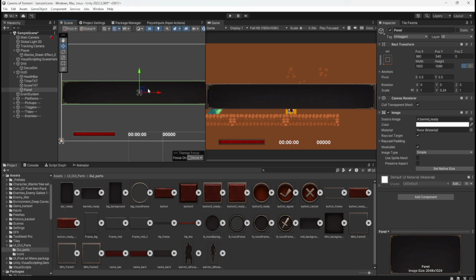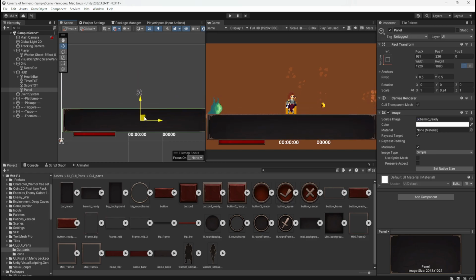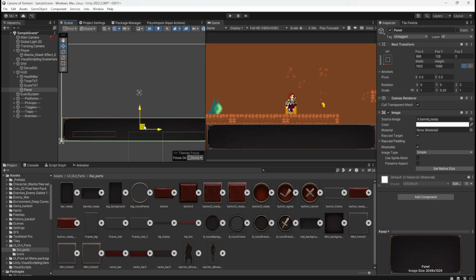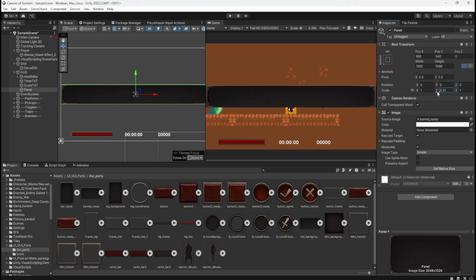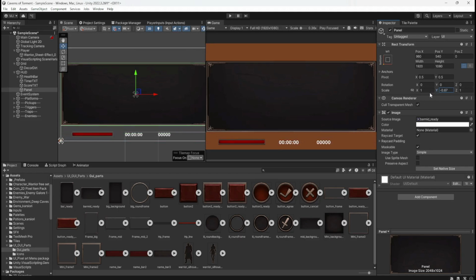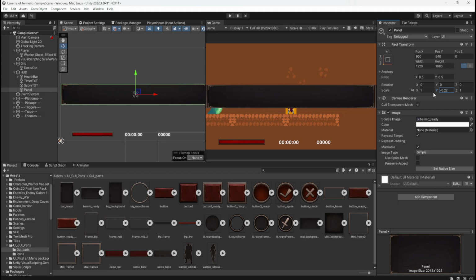Why is that not moving? Oh, there we go. Why am I struggling here?